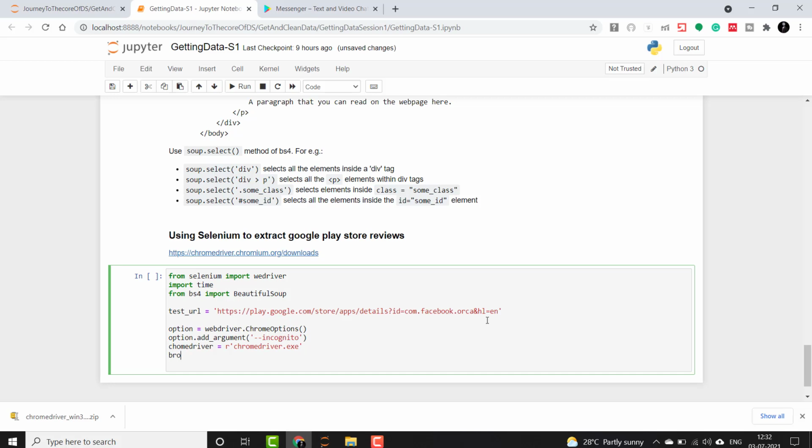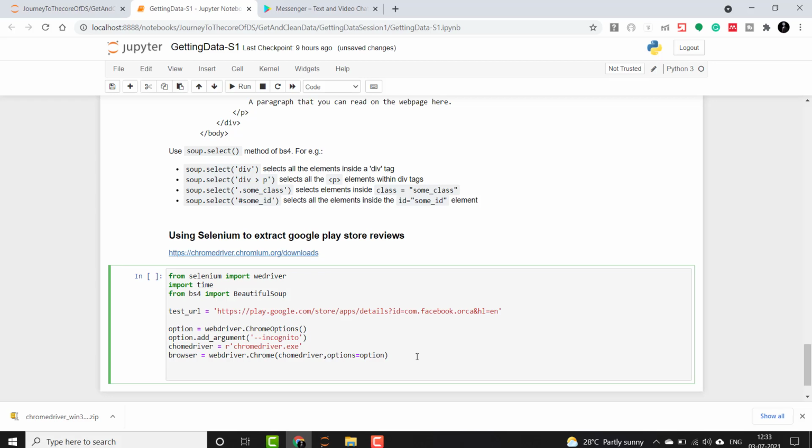Now I will give browser equals webdriver.Chrome because we are using Chrome, and I will pass the path of the Chrome driver here and then the option. So I will say options equals option. So this will tell the WebDriver how to open the Chrome, and then I will say browser.get, and then I will give this test URL to get the data.